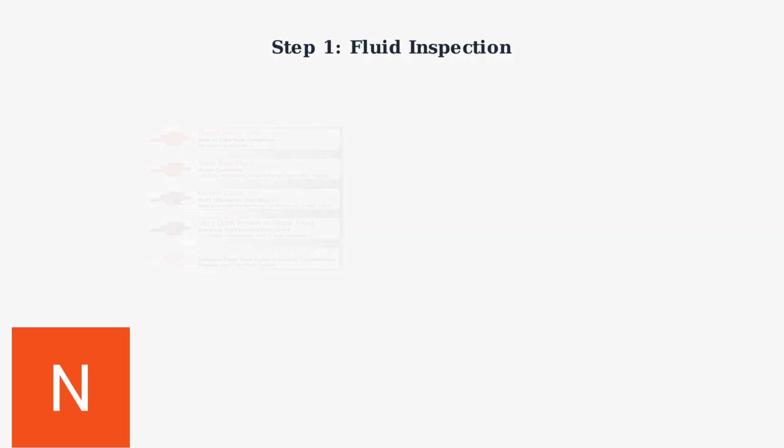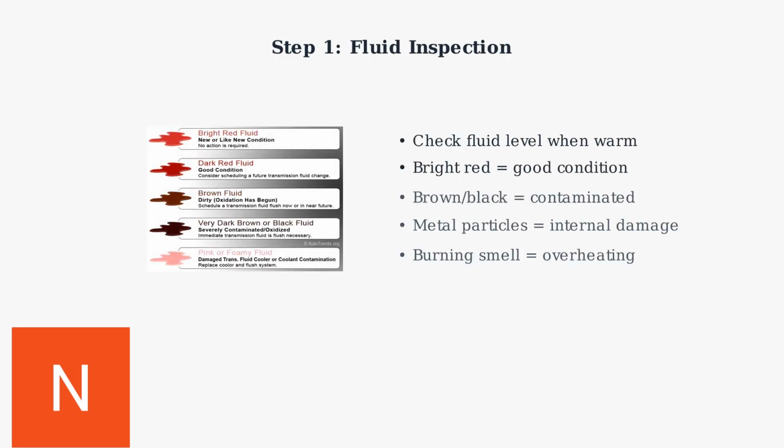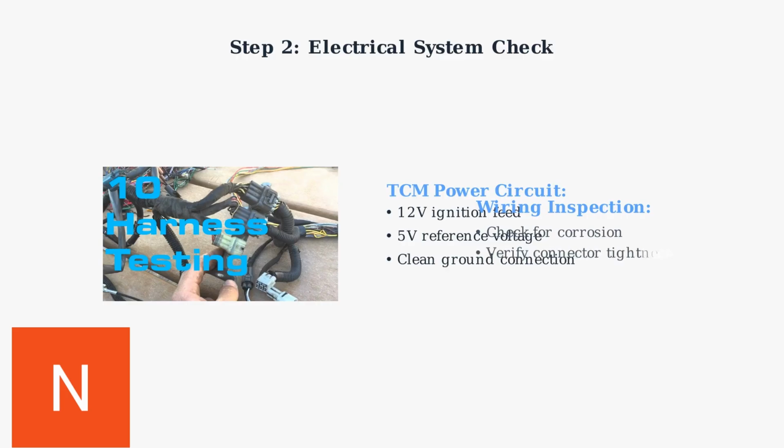The first step in diagnosing P0700 is checking transmission fluid level and condition. This simple check can reveal critical information about the transmission's health. Next, verify the TCM's electrical connections. Use a digital multimeter to test power and ground circuits, and carefully inspect the wiring harness for any damage or